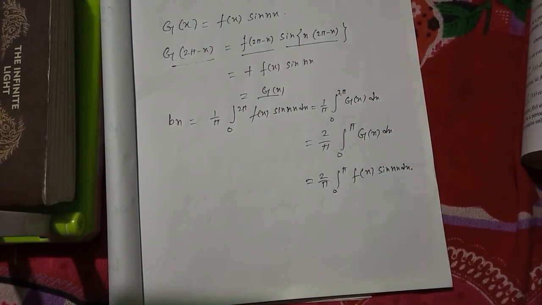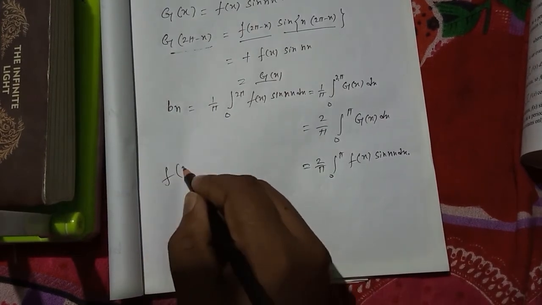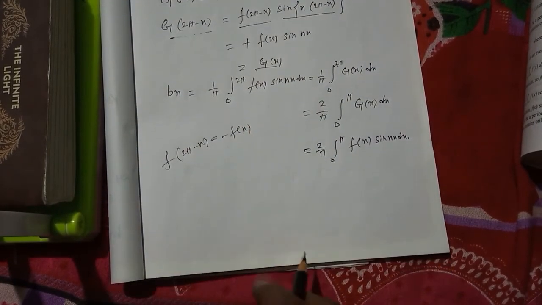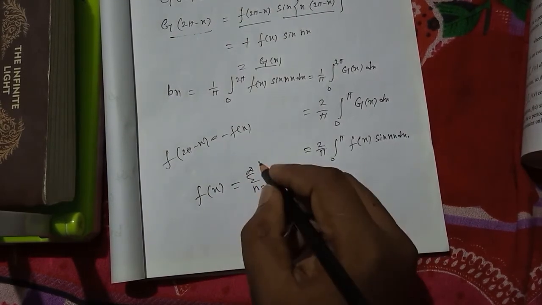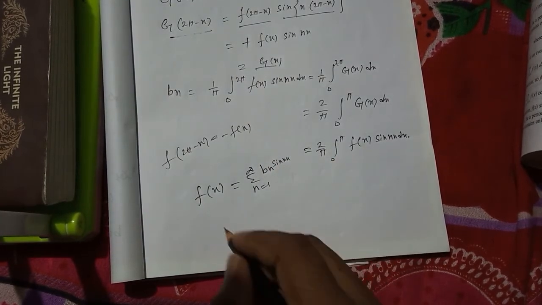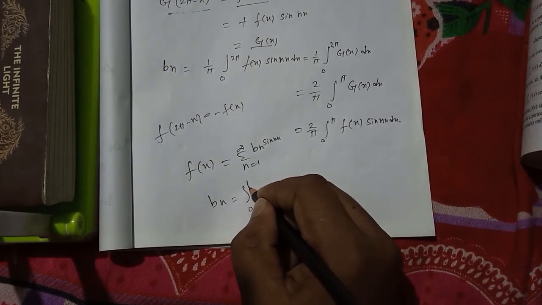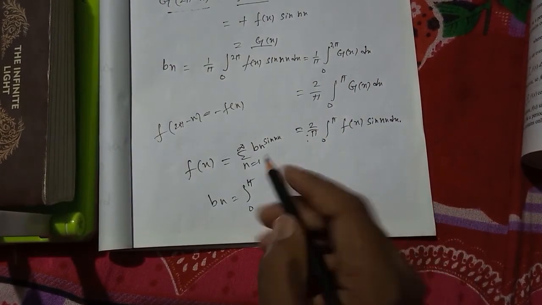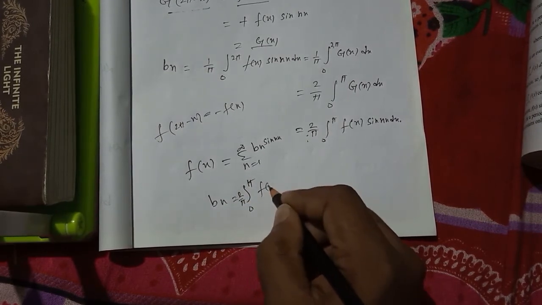Therefore in (0, 2π), a periodic function of period 2π satisfying the condition f(2π − x) = −f(x) contains only sine terms, and this is given by f(x) equals summation n equal to 1 to infinity bn sin(nx), where bn is equal to 2/π integration 0 to π f(x)